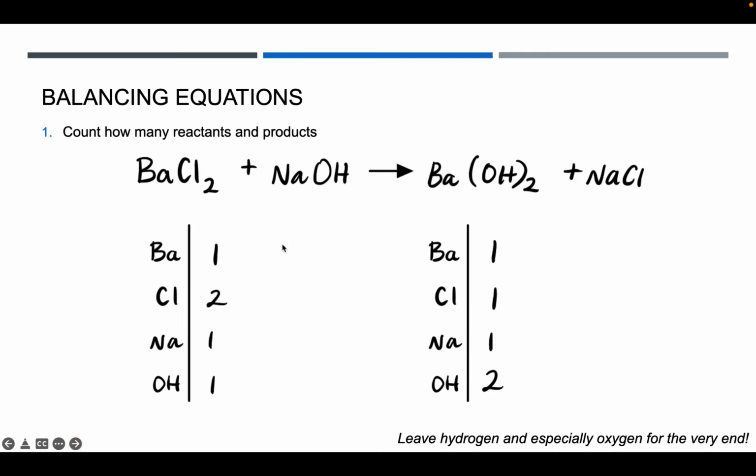Now go ahead and count how many reactants and products you have on each side. So 1 barium, 2 chlorine, 1 sodium, 1 hydroxide. On the product side, we have 1 barium, 1 chlorine, 1 sodium, and 2 hydroxide. You can already see here that it's not completely balanced or equal on both sides. And the two that are not balanced are my chlorine and my hydroxide. So let's go ahead and